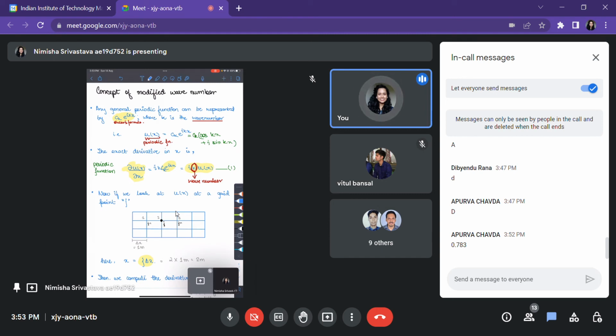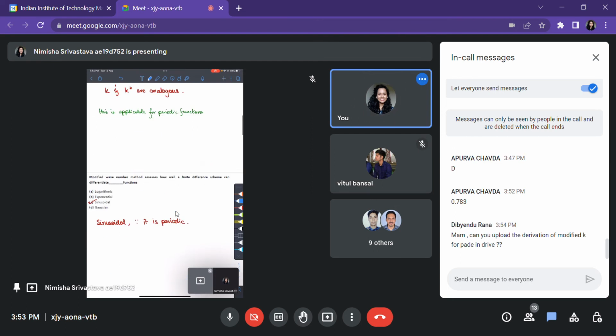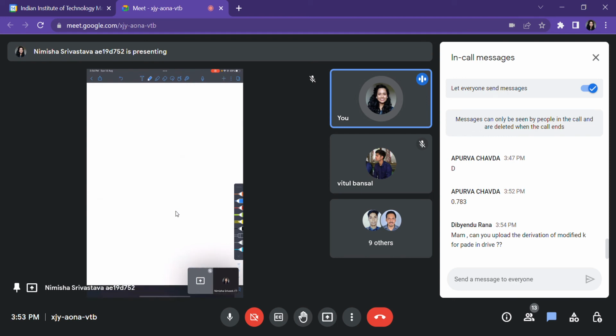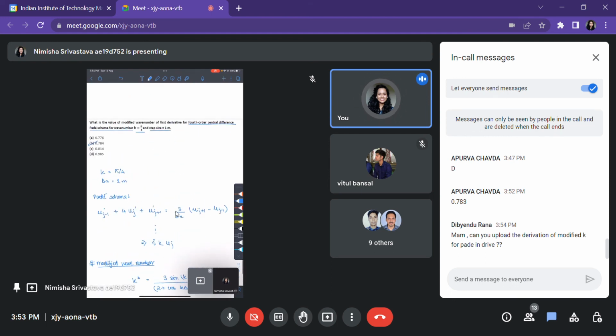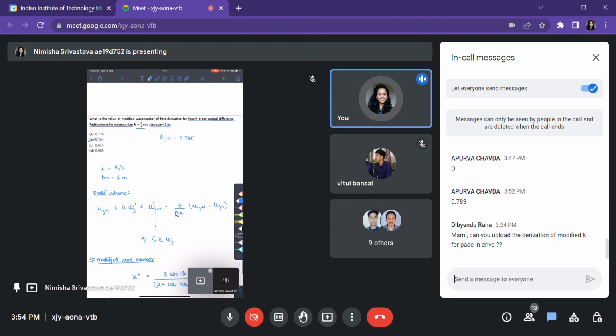Okay, so once we do that, we get a value for k, that is the modified wave number, and we are able to get a physical feel of what we are trying to represent versus what we are getting. So in the two numerical questions, which I think were more clear than the rest of the questions, k is equal to pi by 4. So pi by 4 is around 0.785. So you see that when we are using this Padé scheme,